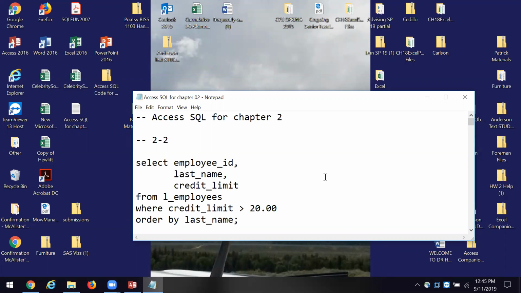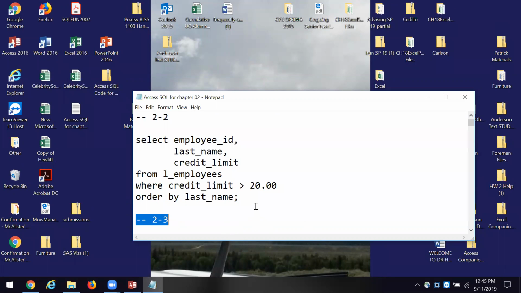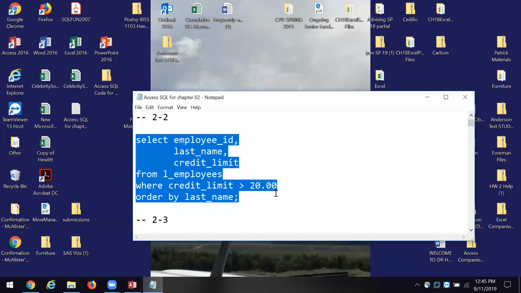And we're going to add two conditions where the credit limit is greater than 20, and then we're going to have it ordered by last name. So I'm going to copy this code, okay,